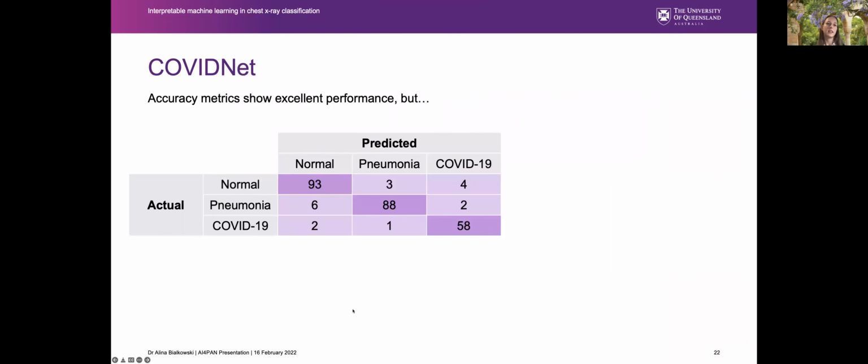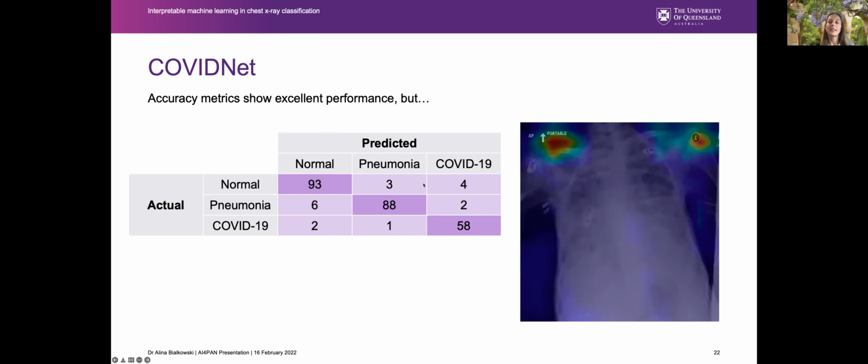So here we can see that if we look at accuracy metrics alone, we can see actually really good performance. I think this is on the order of 99% accurate, with very few misclassifications. However, that doesn't give the full picture of how this model is working. And if you apply GradCam, so the heat maps applied onto the image of what was used for the prediction,